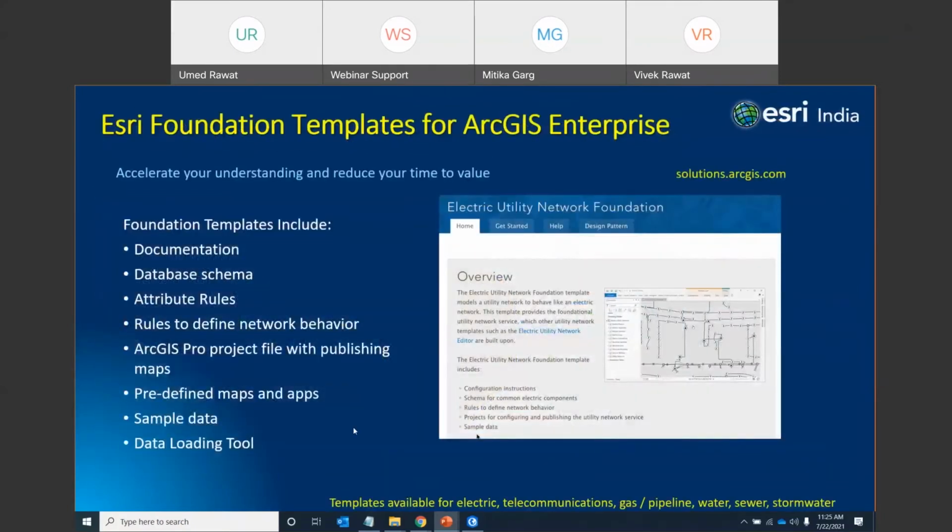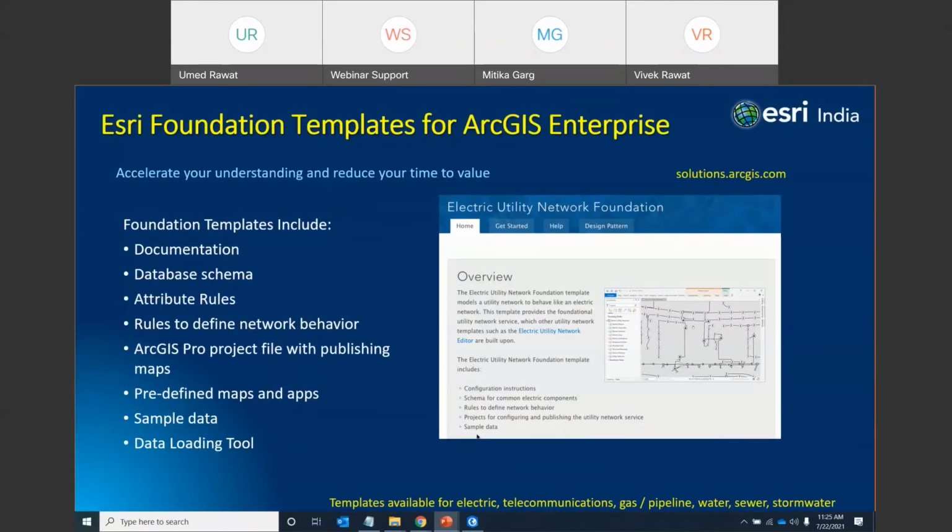So let me show, yeah. First, when you download these electric foundation templates for ArcGIS Enterprise, what all do you get? These are ready templates. When you download it, you get complete documentation. You get the complete database schema, in which there is an asset package where complete sample data is there, and you can use that asset package as a starting point with the blank schema and with your own set of data sets. It has all the attribute rules.